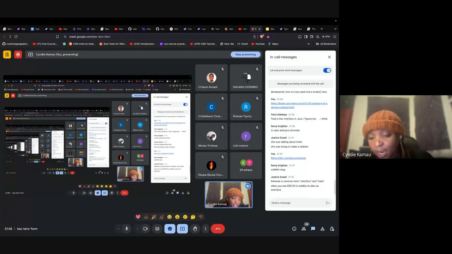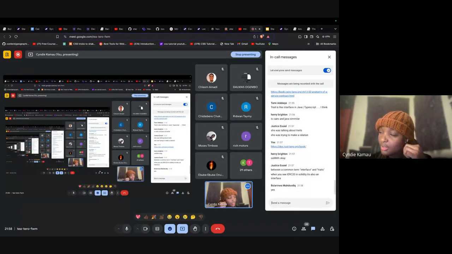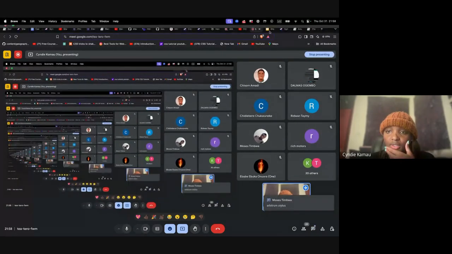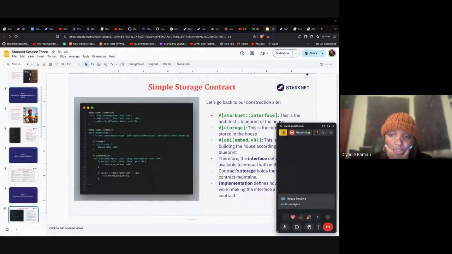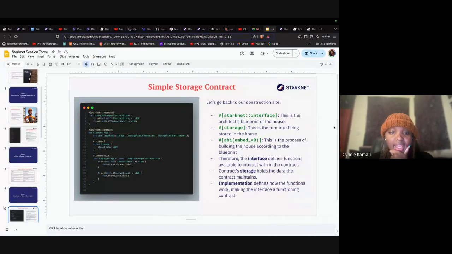Also, Arbitrum, although with Arbitrum you can use Rust, right? Yes, Arbitrum Stylus. Thank you, Moses. There's also another protocol called Stellar. Their language is Soroban, right? So it is also an interpretation of Rust as well.